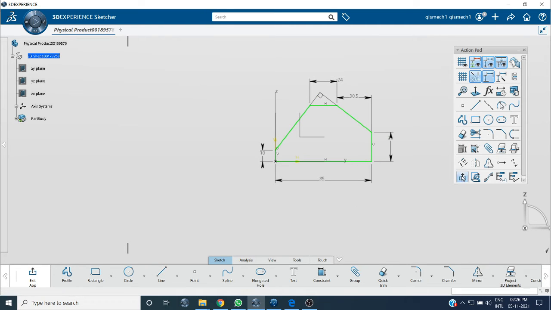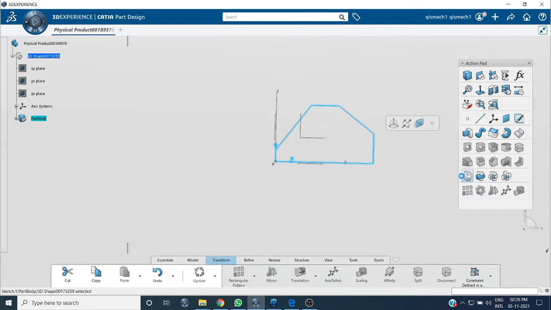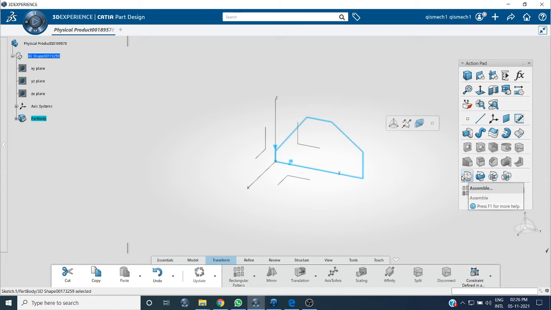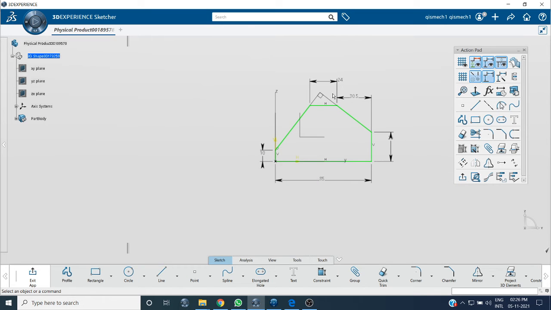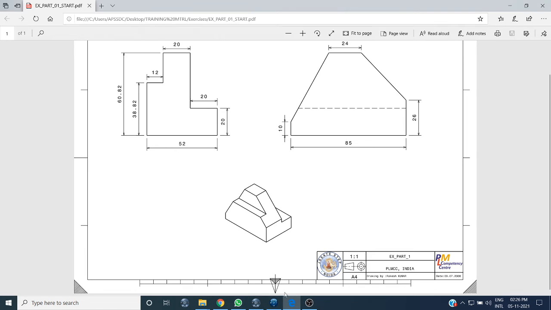Then for the exit workbench, we should understand the concept. This is 30, delete. From this line to this line, what is the dimension? You can see here 60.82.